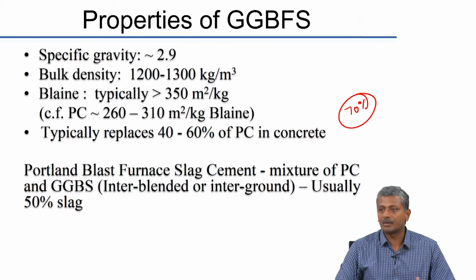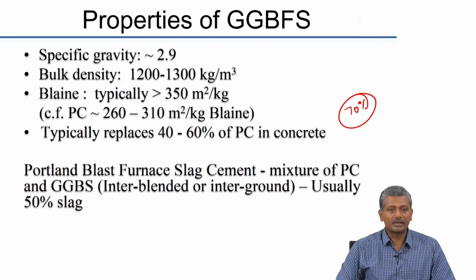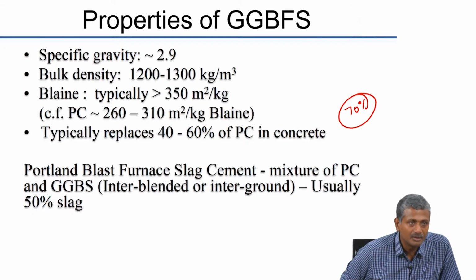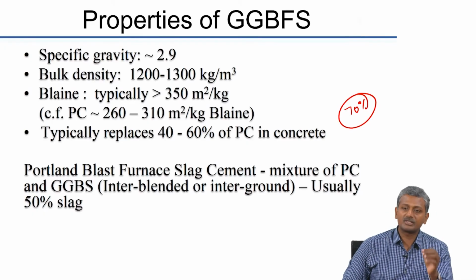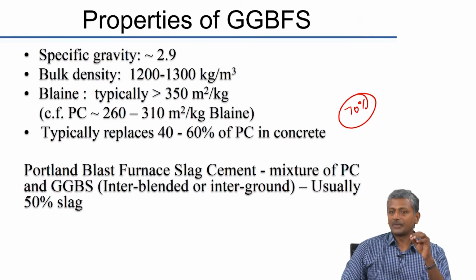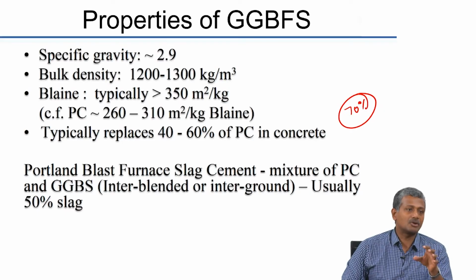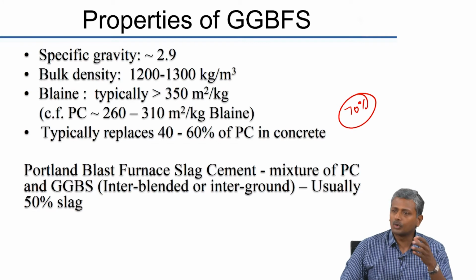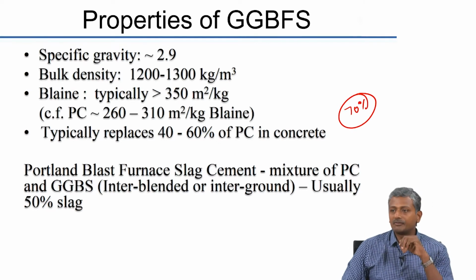Why do you want to use a high amount of slag? Because it is hydraulic, it is a hydraulic cement, it is not a pozzolanic additive, because of which it can substitute a larger fraction of your cement. So most of your Portland slag cements that you get in the market would have about 50% slag in them, and generally if you go to any concreting application also they would be using slag usually at a 50% replacement